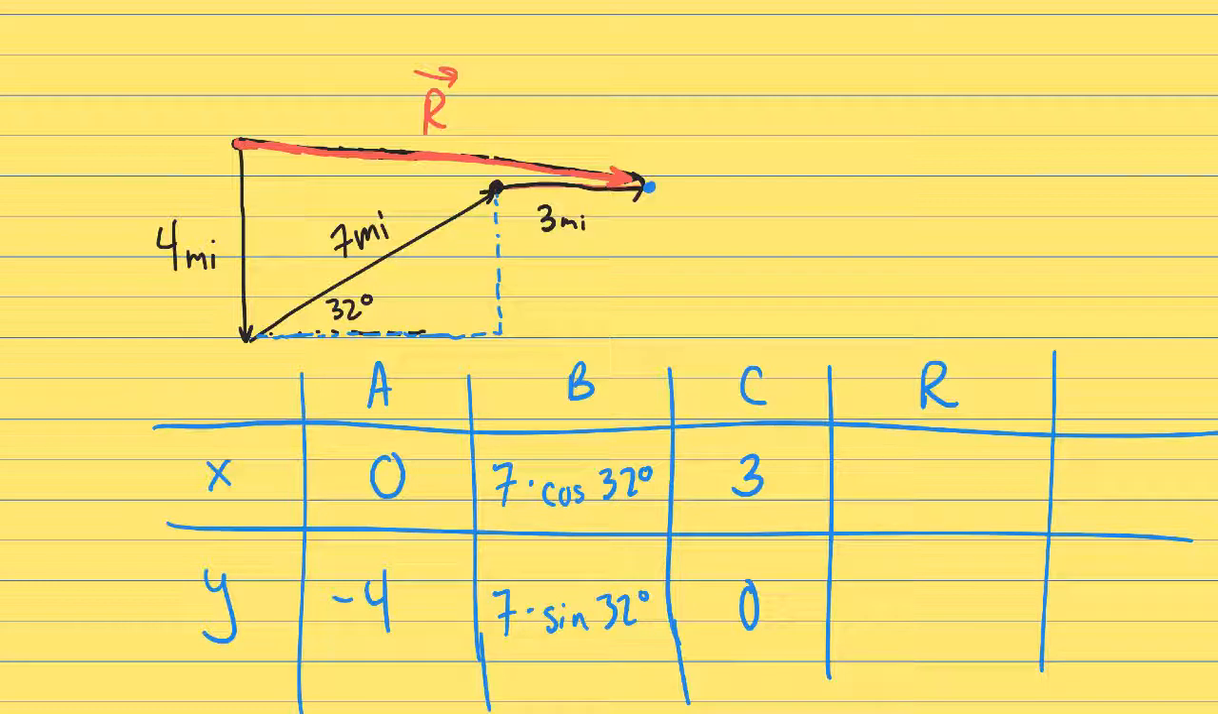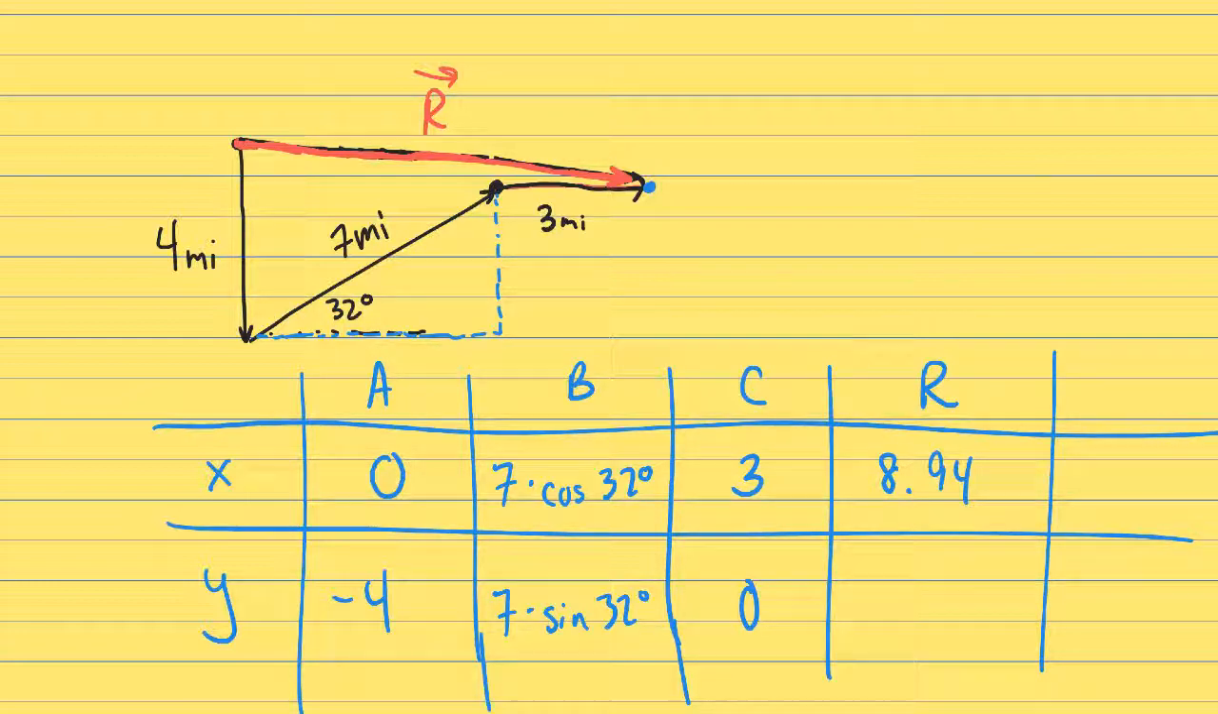Why am I not including the first one? Because it didn't go left to right. The first vector only went down. So in the left and rightward direction, I'm only adding the x's together. So let's add straight across. 7 cos 32 plus 3. I got 8.94. Now in the y direction, it's a little bit funky because we go down, but then we go back